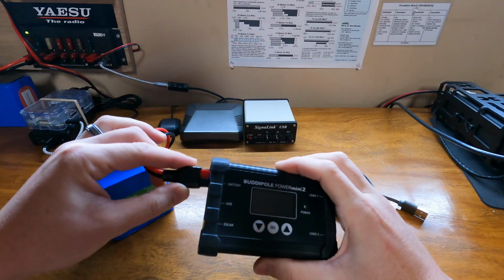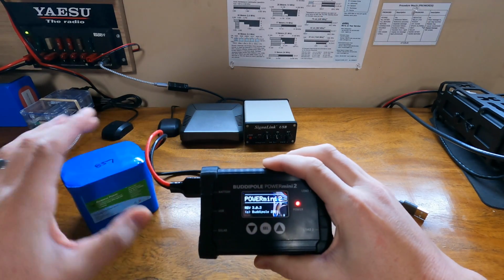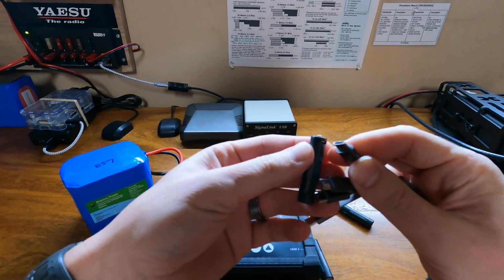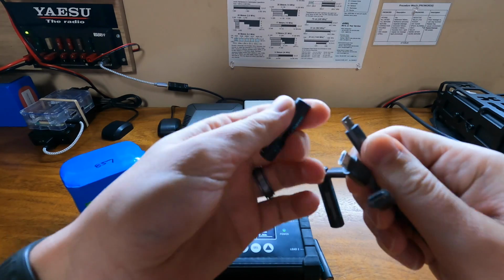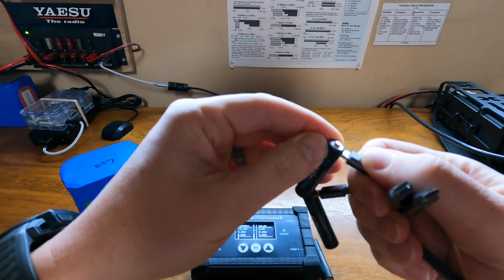Morning guys, it's day 4, Sunday morning, about 5 a.m. local time, and getting ready for my next run. Yesterday the headlamp died on my run, so I did recharge it yesterday using my amateur radio solar battery field system. It is a 4.5 amp hour BioWino battery that typically powers my radio. I have that plugged into the Buddy Pole Power Mini Solar Charge Controller, and I use the USB 5 volt out to plug in the USB cable provided by Pale Blue Earth,